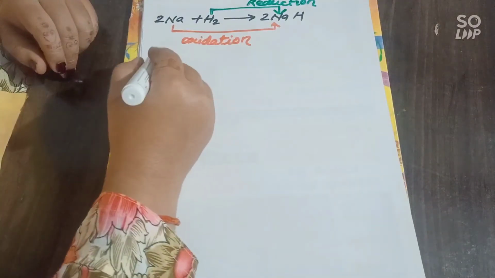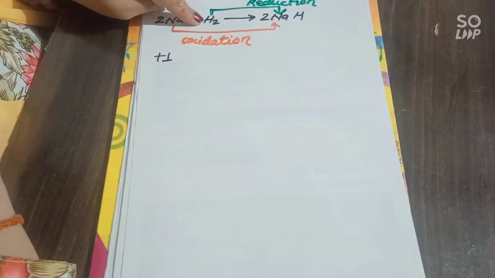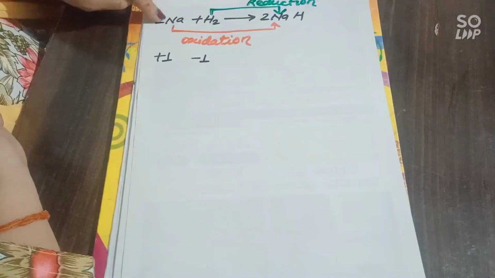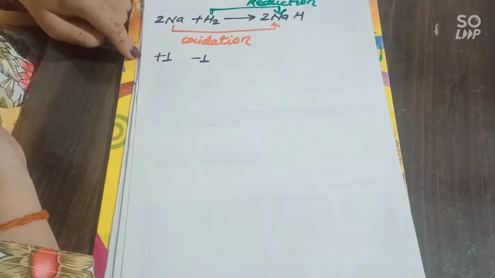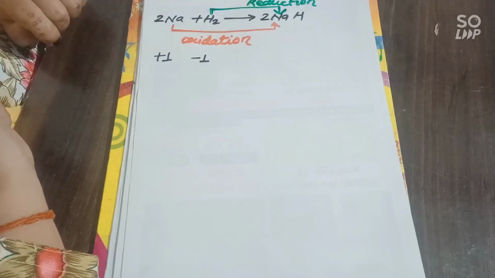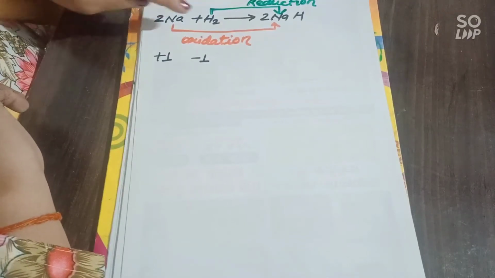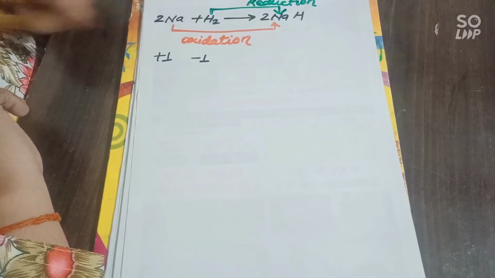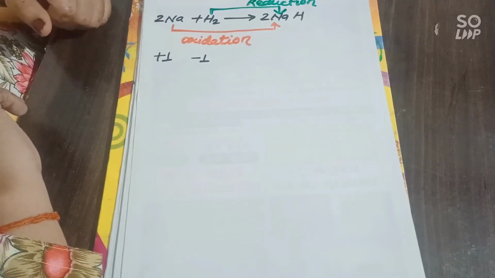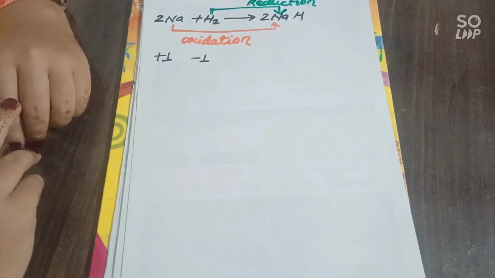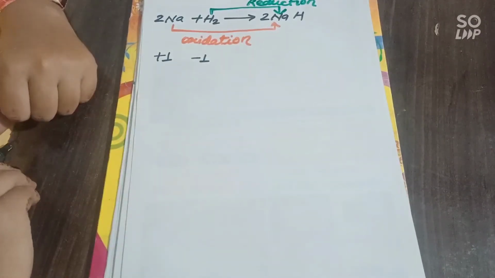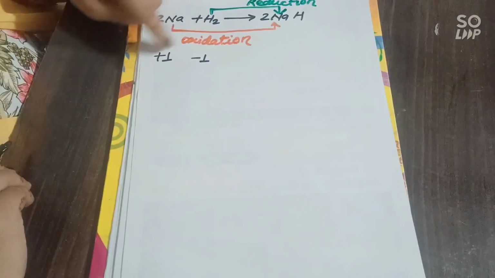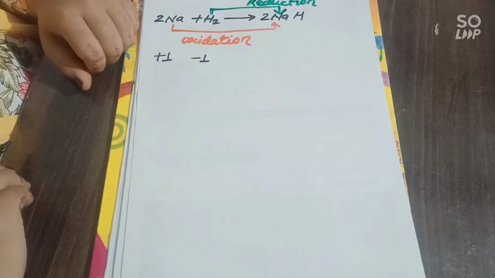Sodium here has +1 charge, while hydrogen acts as an electronegative element with -1 charge. When these two elements combine with their valencies +1 and -1, they form the compound sodium hydride. As you can see here, hydrogen is in need of 1 electron. Therefore, this 1 electron will be donated to hydrogen by sodium. So sodium is actually losing its electron to hydrogen. And whenever loss of electron occurs, the process is termed as oxidation. And wherever there is a gain of 1 electron or more than 1 electron, the process is termed as reduction.